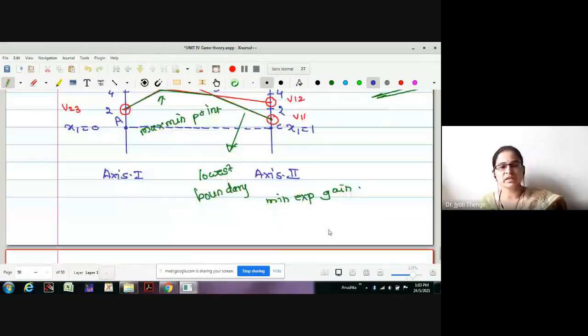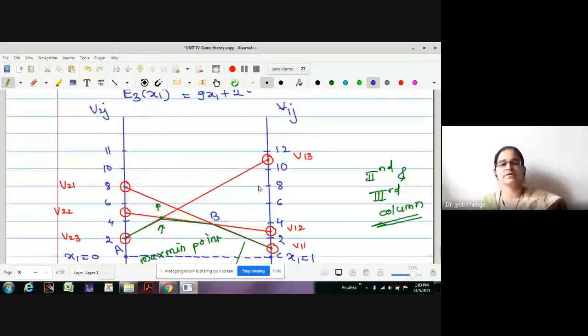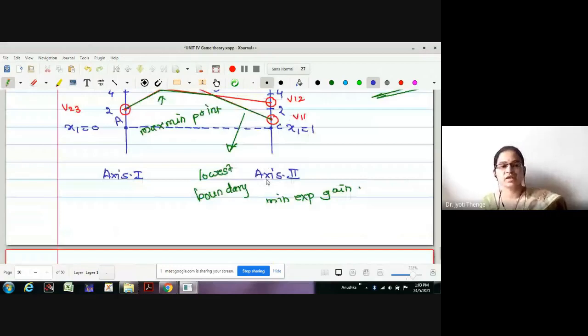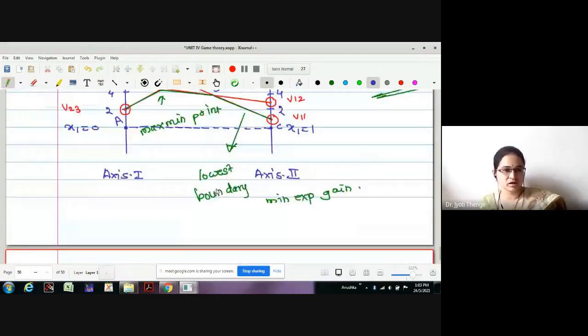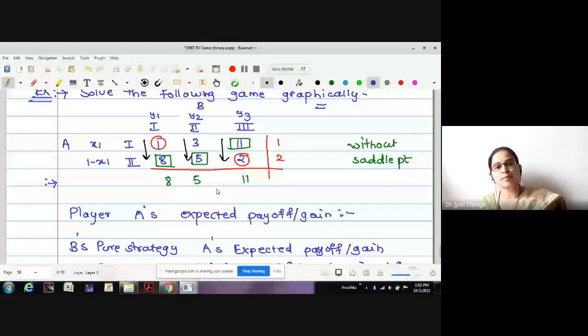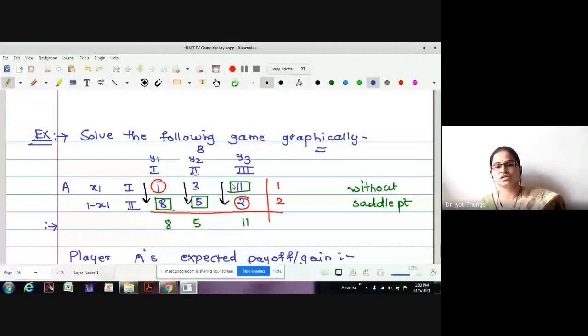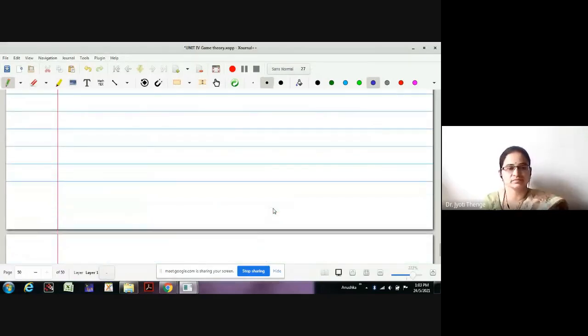For this, the graphical method helps us just to reduce any 2 by n game to 2 by 2. Once we reduce it to 2 by 2, a good method we have with us is the arithmetic method to solve. This is what the solution of a game of 2 by n type is. In the next lecture, we will go for the m by 2 type game. Same methodology, same structure. If any difficulty in today's lecture, you can unmute yourself and ask.